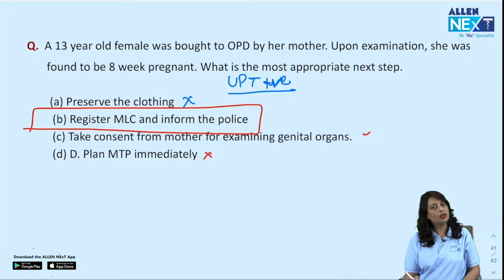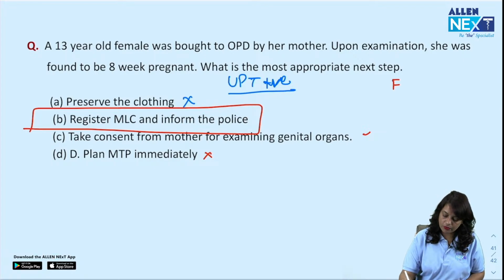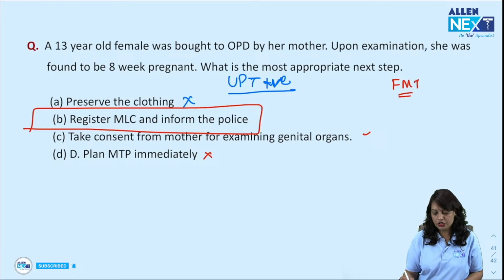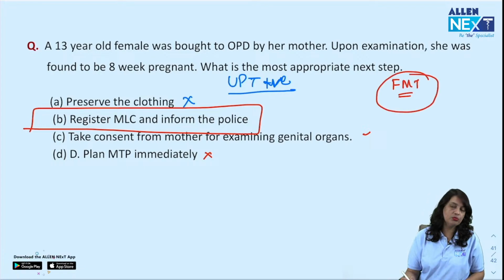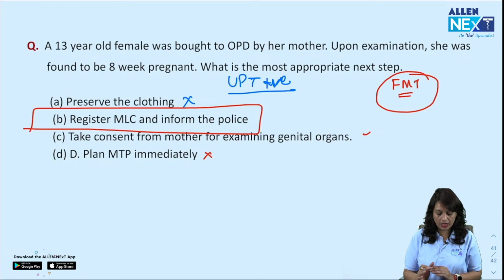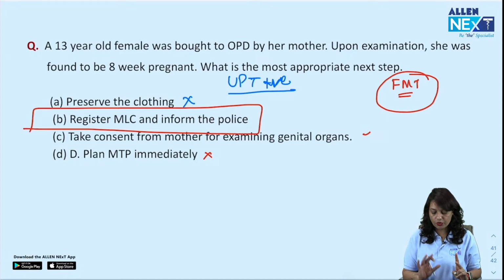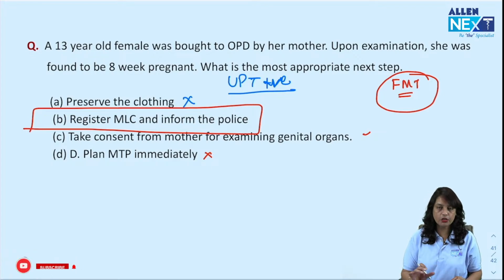and register the MLC. So I want you to discuss this question with the forensic medicine teacher, because that is the best one to, because it is an overlap question. As far as my knowledge, this question was shifted to the gynae because of two things: consent from the mother for examining the genital organs, and number two, the MTP should be done immediately. These are the two points which were written. So it is an overlap question between forensic medicine and gynae. So according to me, inform the police and register the MLC should be done as the first